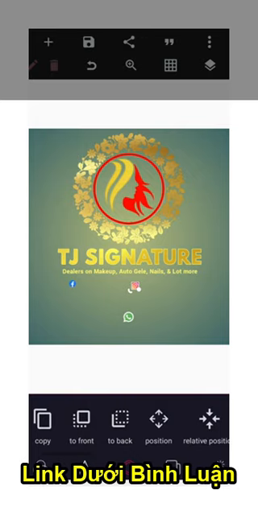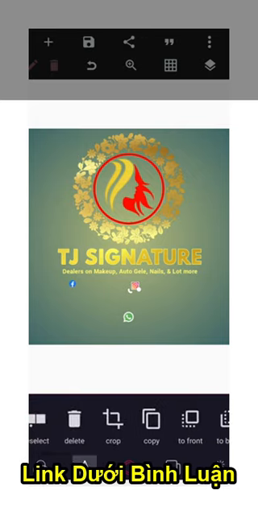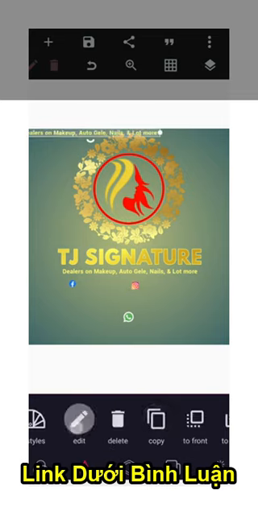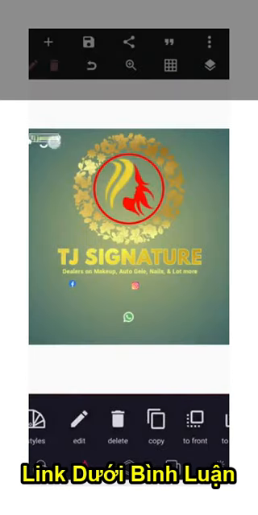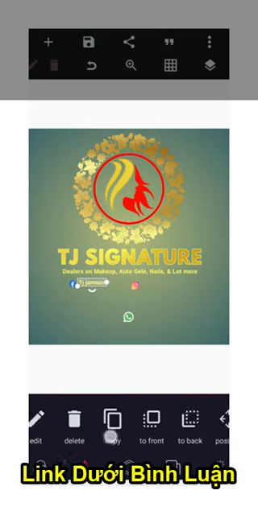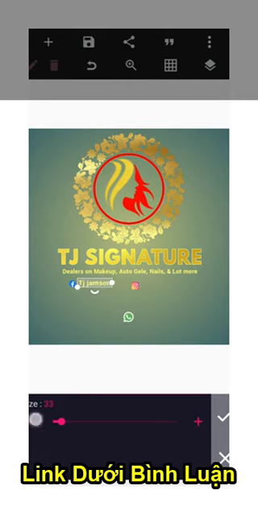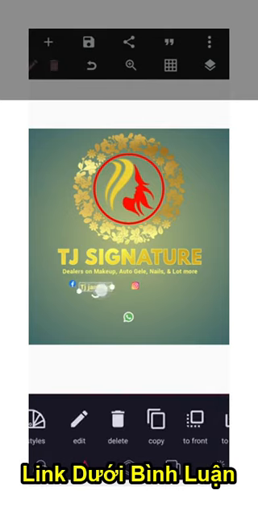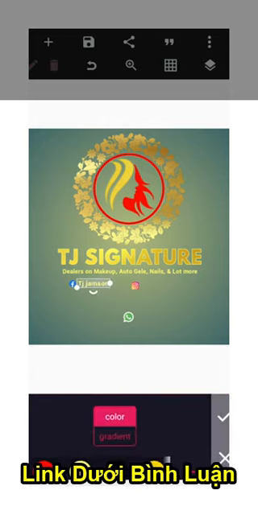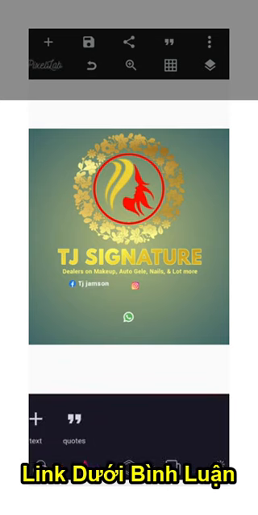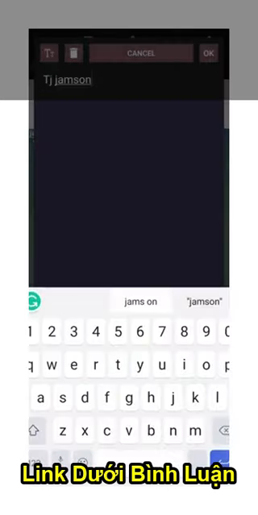Okay, so the next thing we will need to do is we are going to copy. Then we have TJ Jams. Okay, so Jams. Okay, increase the size. Okay, this is cool. Then we need to change the color, so we're changing the color to white as usual. Change the color. Then the next thing we need to do is for you to copy this. So when you copy,